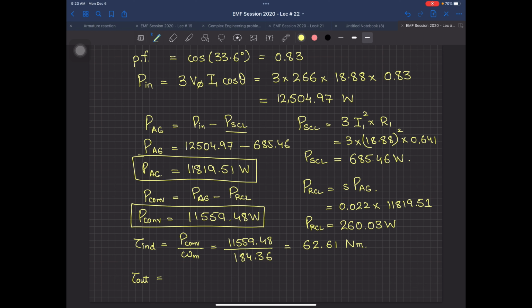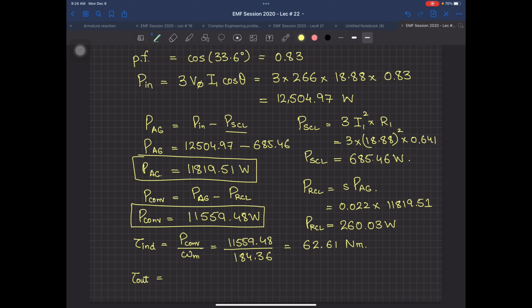And just to give you an idea, the induction machines in your lab have a maximum torque rating of approximately 4 Newton meter. So this is a very, very big machine taking an 18 ampere current. So you are getting approximately 60 plus Newton meter from your machine. And still this machine is much smaller than the Tesla electric car machine, which has a torque of, I guess, 170 or 180 Newton meters.